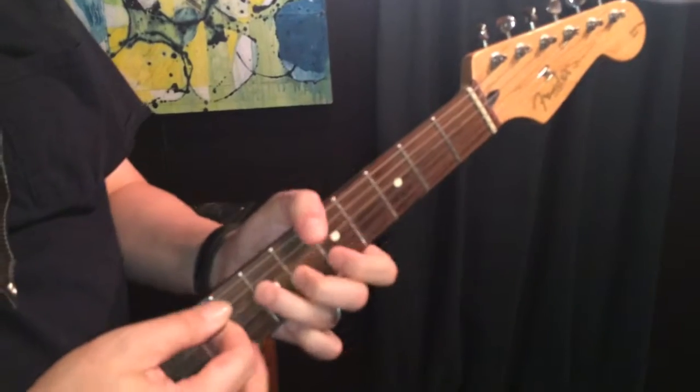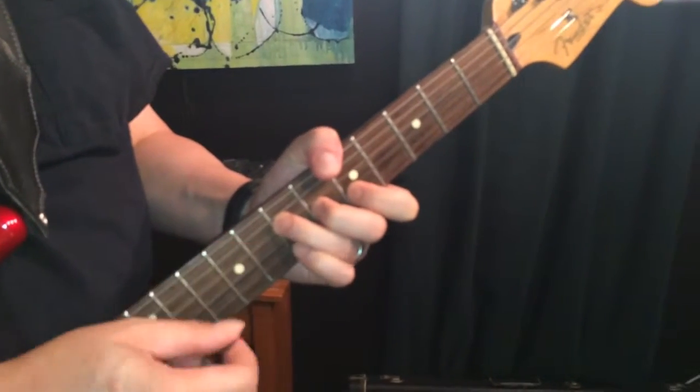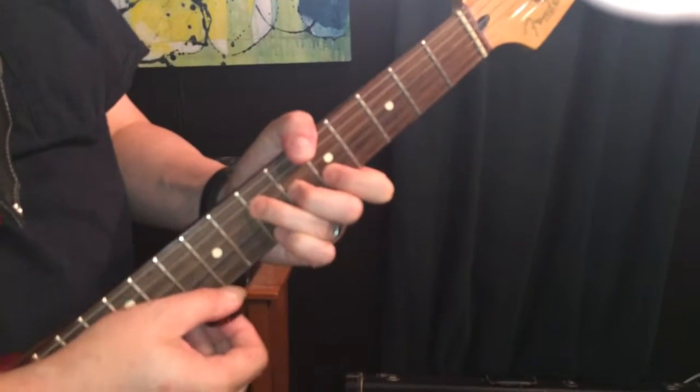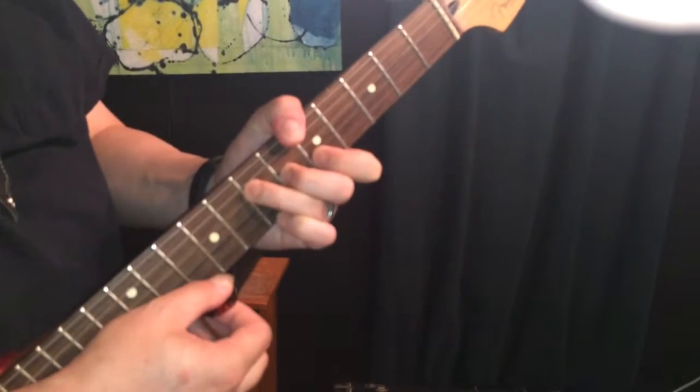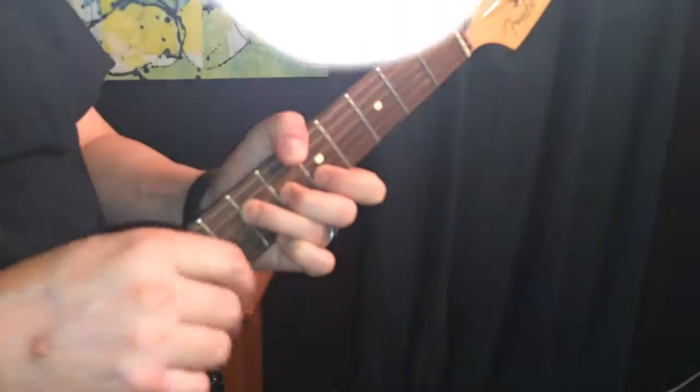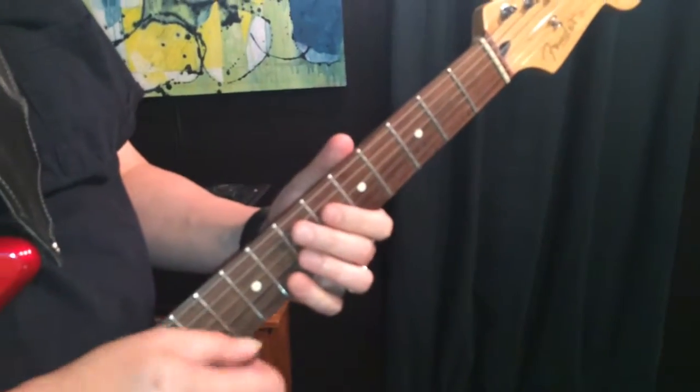And then I'm going to move that 2 frets up to play the A so I can ornament it with my 4th finger with a little hammer on there. So the main germ of the verse rhythm is,